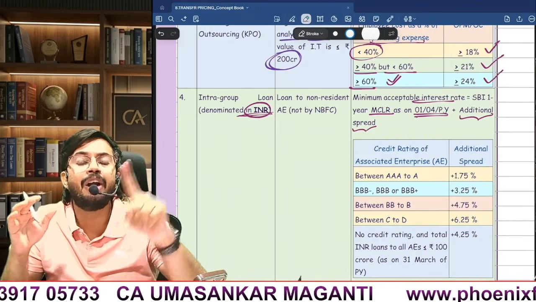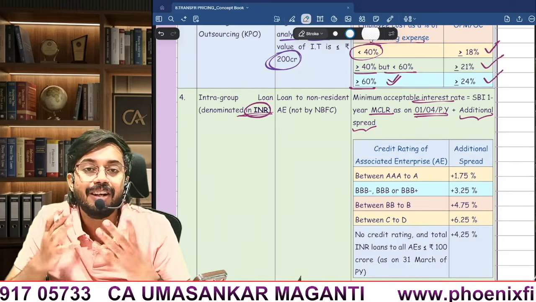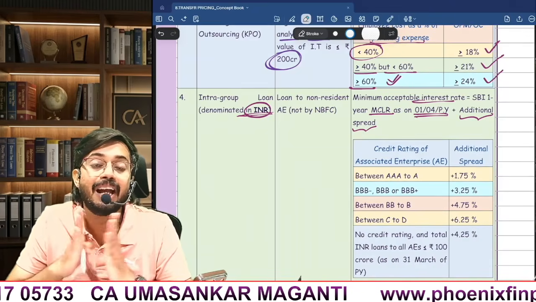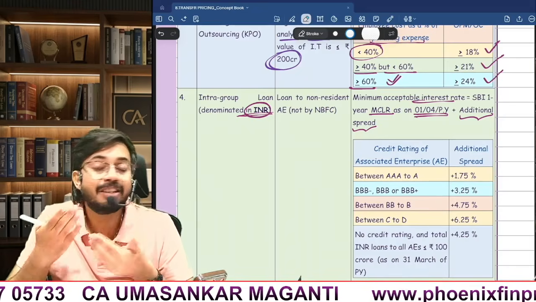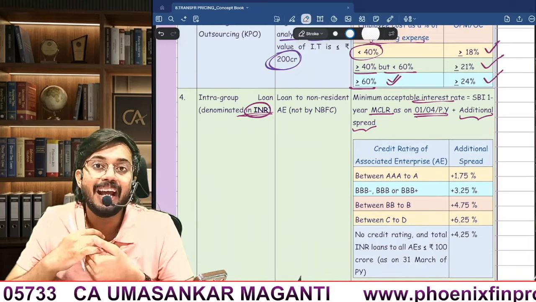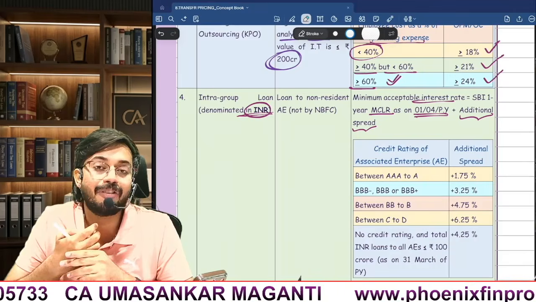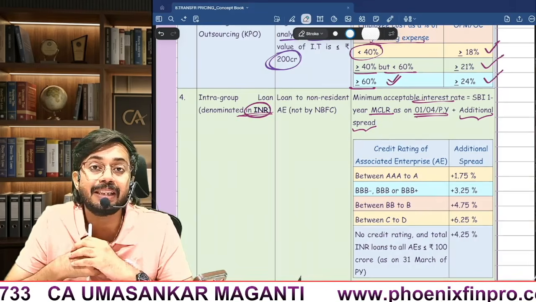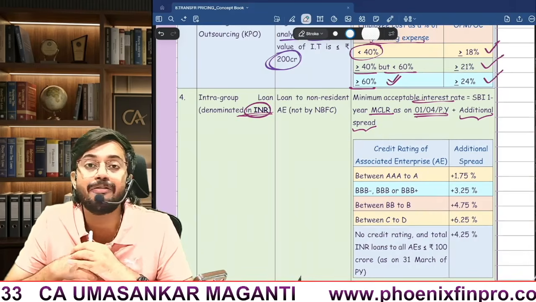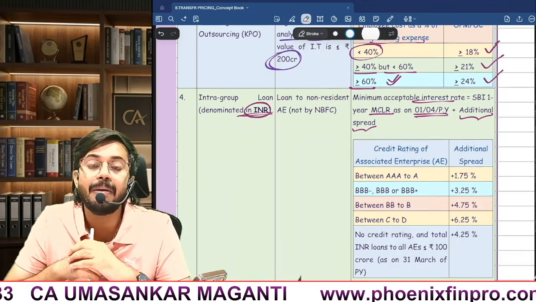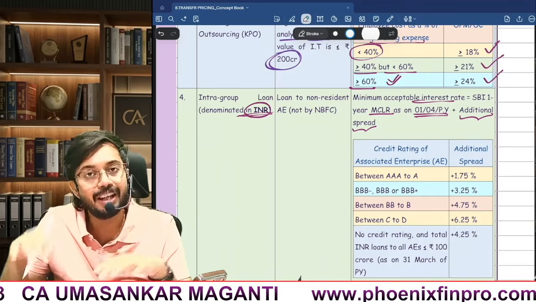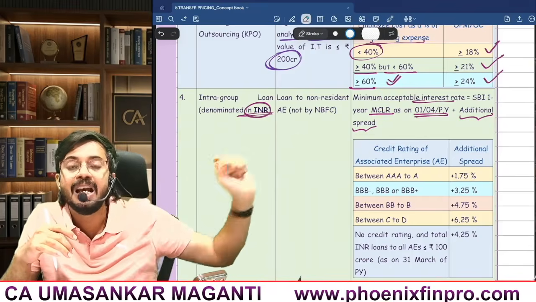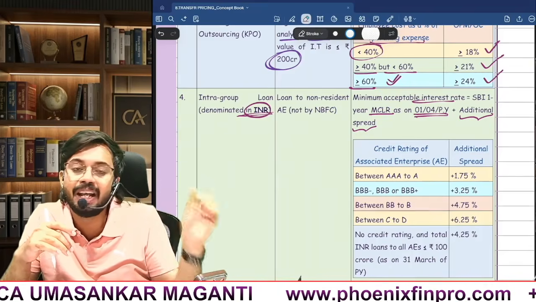Yes, we have already discussed this in secondary adjustment. They need to bring back excess money to India. Otherwise, interest income will be calculated. If the transaction is denominated in Indian currency, SBI 1 year marginal cost of lending rate as on 1st April of previous year plus 3.25%. If the transaction is denominated in foreign currency, 6 months LIBOR plus 3%. You remember, here also, when an Indian company gives a loan to another associated enterprise and the transaction is denominated in Indian currency,